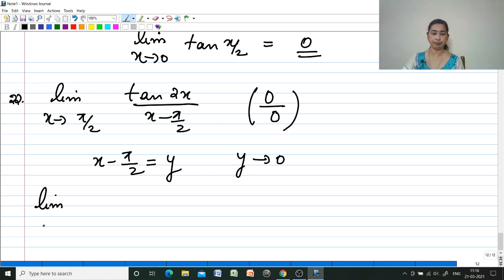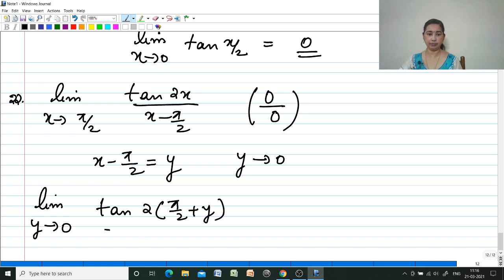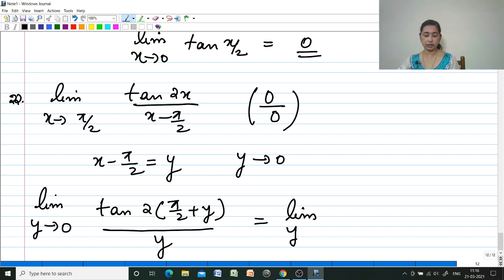So limit, instead of x tends to pi by 2, y tends to 0, tan 2 into, instead of x what we have to give, pi by 2 plus y divided by y, because this minus pi by 2 taking to the other side becomes plus, and that is equal to limit y tends to 0 tan, this 2 we can multiply inside, we are getting pi plus 2y divided by y,